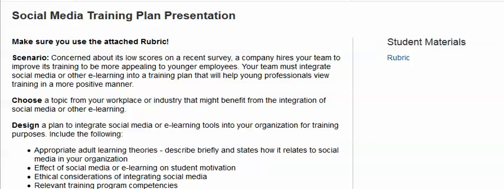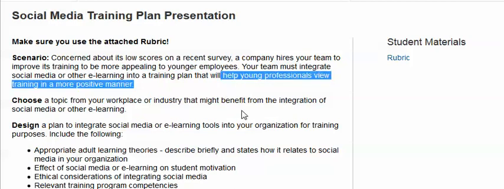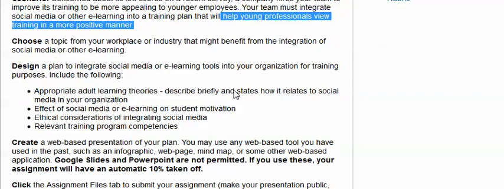Now, you can read this in here. I'm not going to do that, but something I do want to point out is this piece here and this piece here, which are on the rubric. These pieces are on the rubric. So you're going to choose a topic from your workplace or industry that might benefit from the integration of social